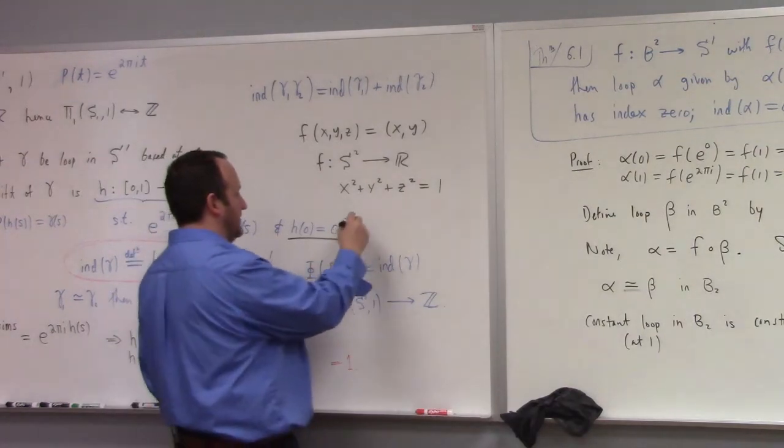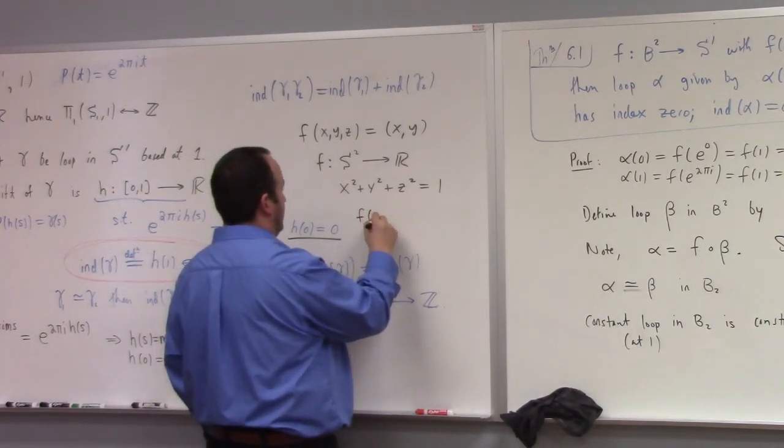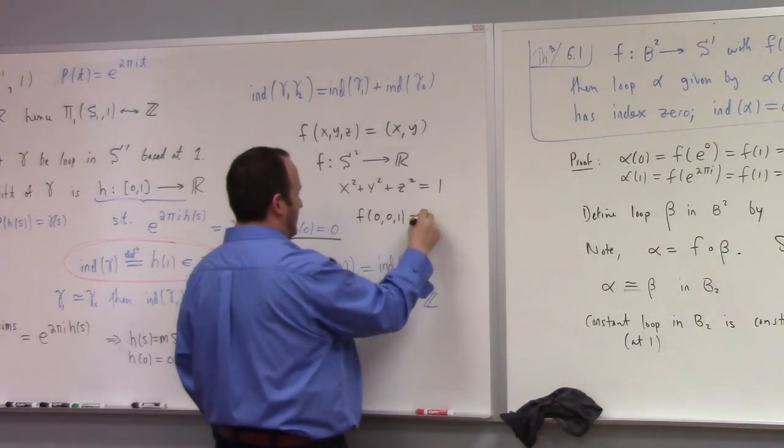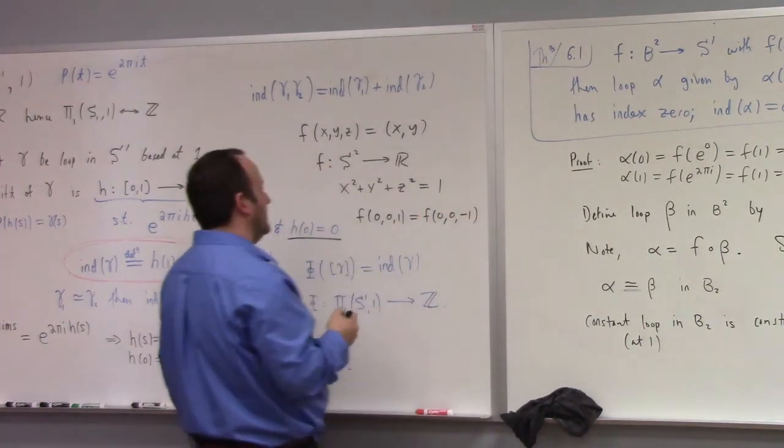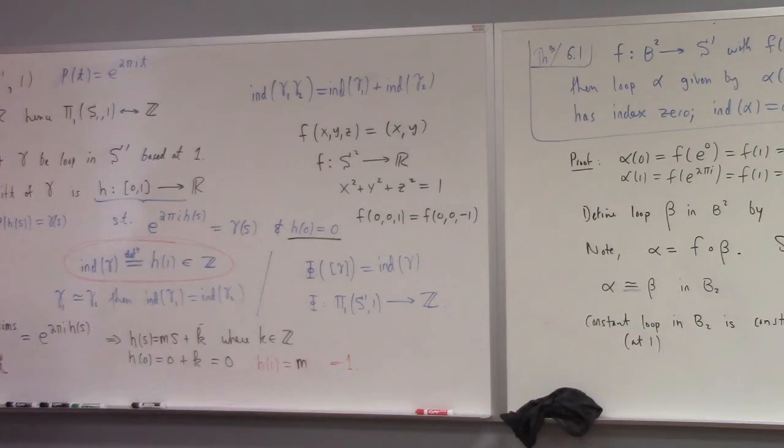Oh, it's f of 0, 0, 1 equals f of, it's the north and south poles, so to speak. Yeah, those are the antipodal points for this map. And the only ones, right? But this theorem is actually